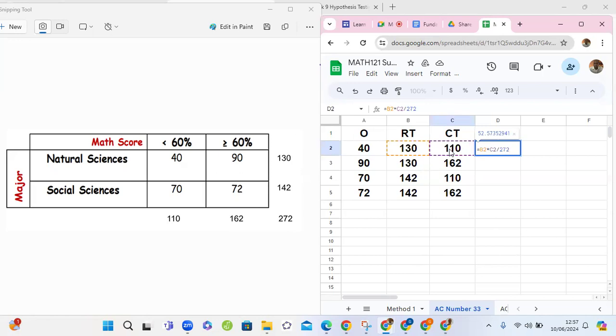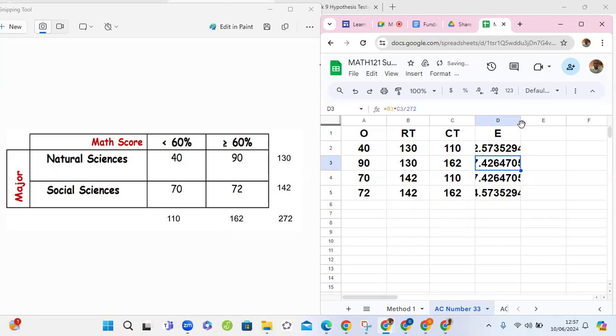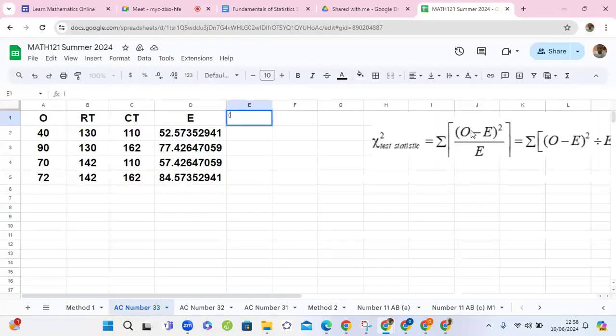Row total times column total divided by grand total. And we press control enter. So that will give us the expected values for each. And then we can calculate the chi-square contributions,